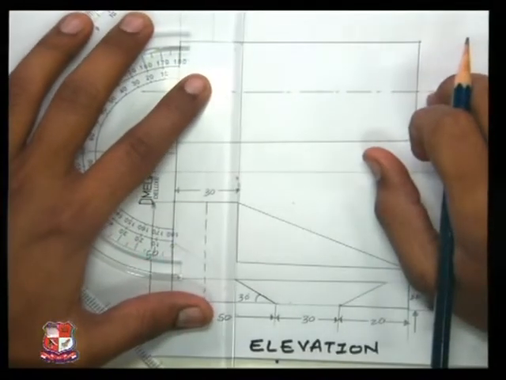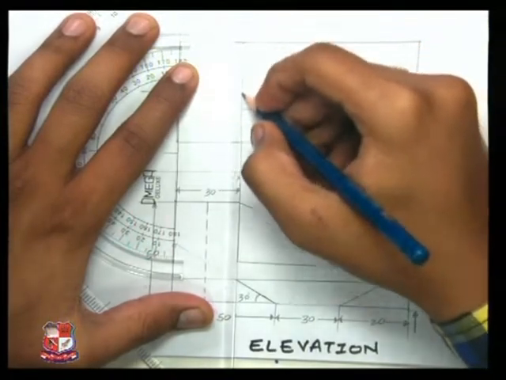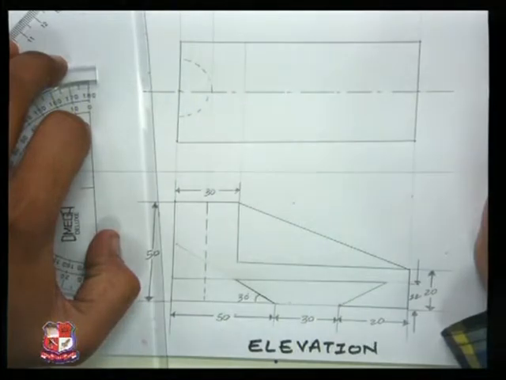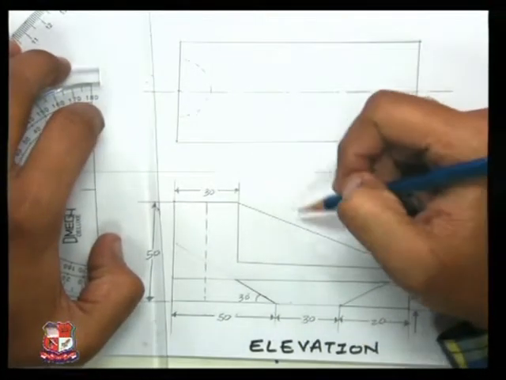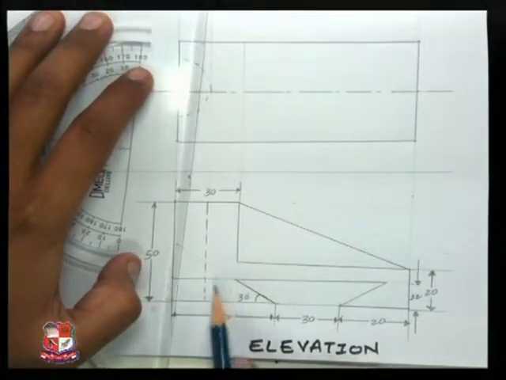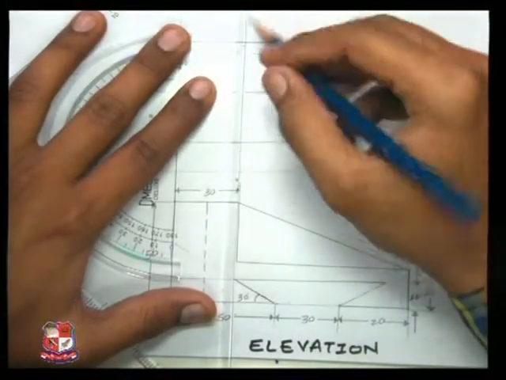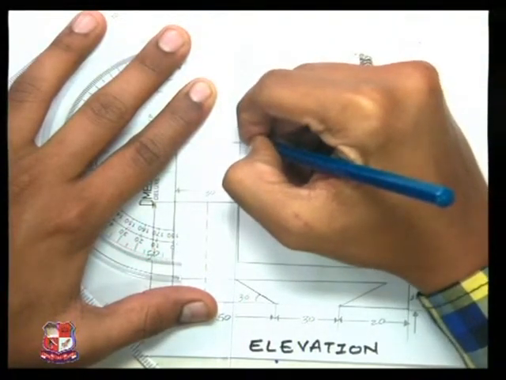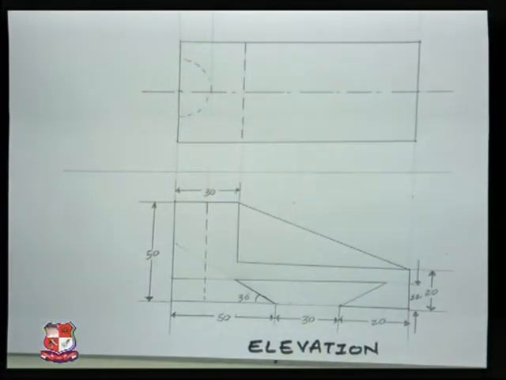Same would be implemented for this. Again these projections, I have taken this projection. Again this line cannot be seen from the bottom view. If we are looking from this portion, we cannot see this line. So again this line also would be hidden. I have drawn this line as a hidden line.